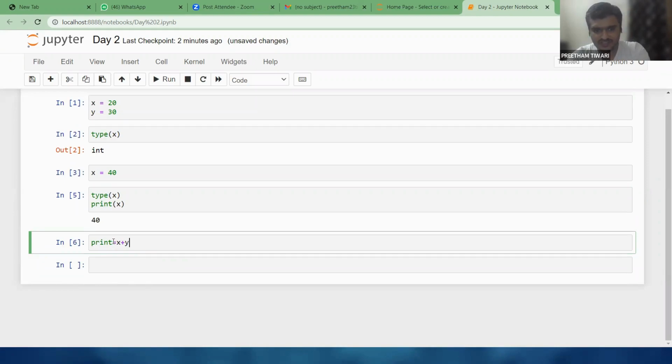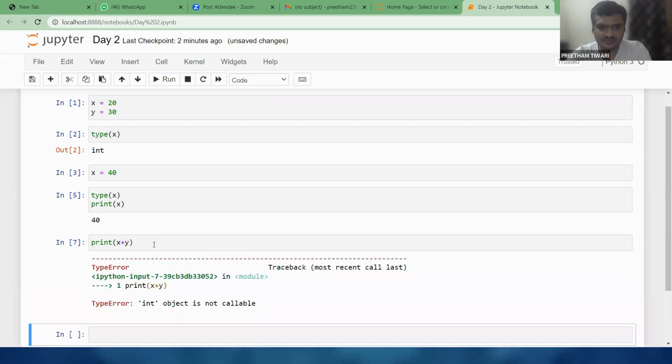What you're saying here, you're saying that print is equal to x plus y. Here, print itself has been taken as a variable. In order to print something, you have to put it within braces. Whatever you have to print, you have to put it within these round braces, which are located above the number 9 and 0 on the keyboard. If I do this,